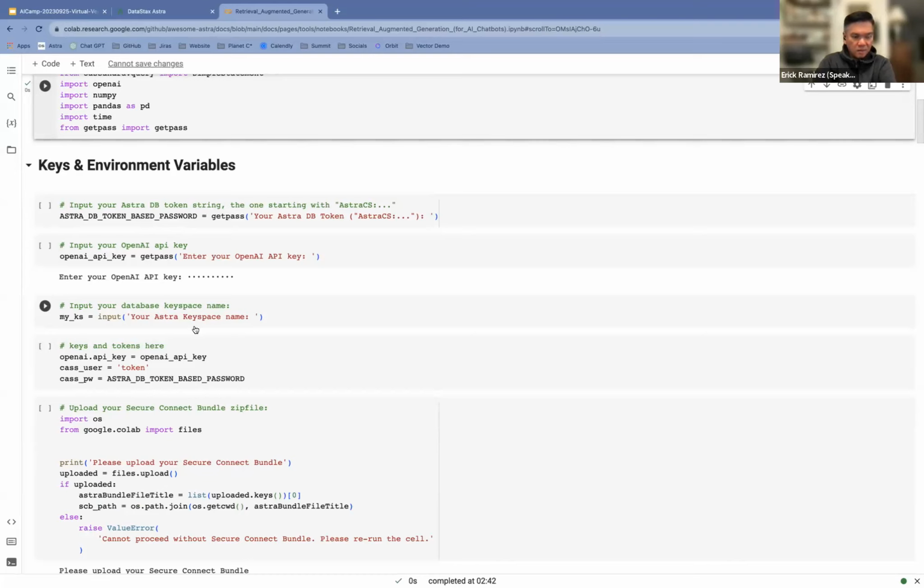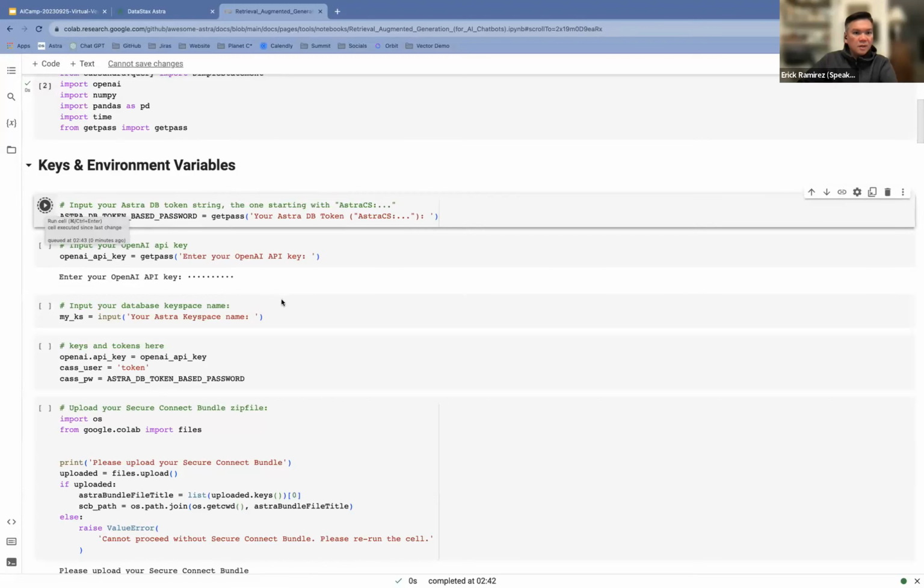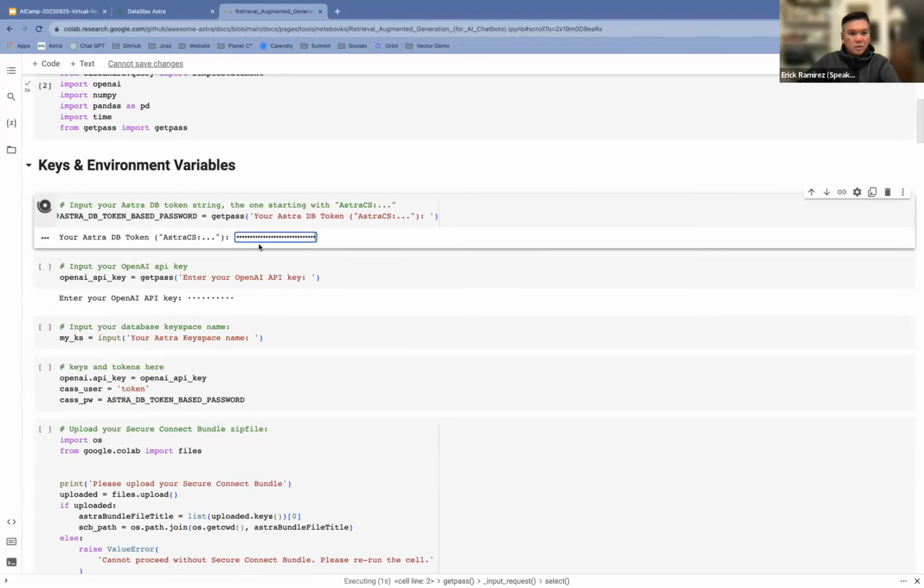I'm just retrieving my token. Okay, I'm going to input my token.